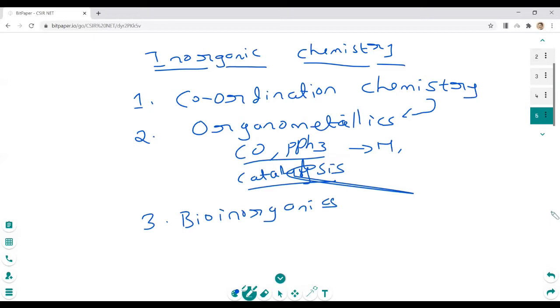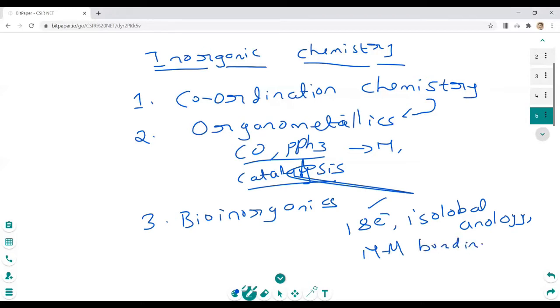A lot of questions will come from these. For example, if you see the question paper, there will be a famous question on the 18 electron rule, and one of the famous questions on the isolobal analogy. And a few like these, they are fixed. You can predict that there will be a question on the 18 electron rule, or some question on metal bonding. These questions are fixed. So coordination chemistry, organometallics, bioinorganic, be a master in these, because your cracks will be covered in this. And here you see all are connected.